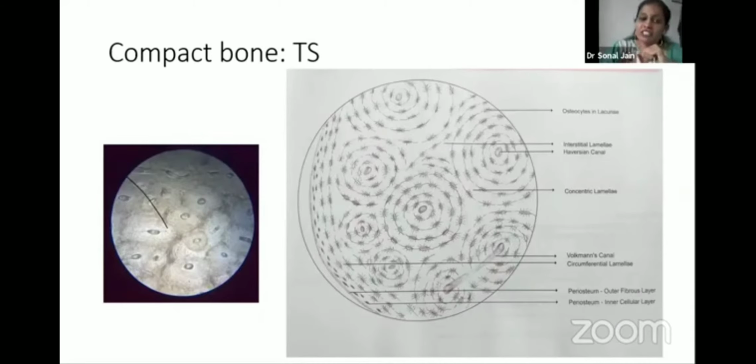This Haversian canal contains blood vessels, nerves, and lymphatics. It communicates with the Volkmann's canal. This one is the Volkmann's canal, the transverse one. These lacunae contain osteocytes, and these projections are called canaliculi. The canaliculi contain the processes of the osteocytes. We can confuse this compact bone with teeth, because teeth also look grayish.